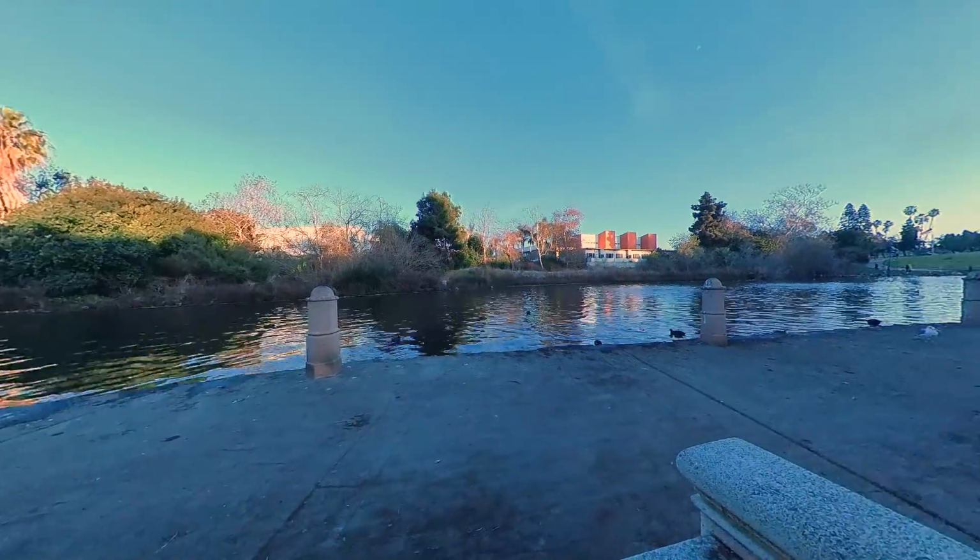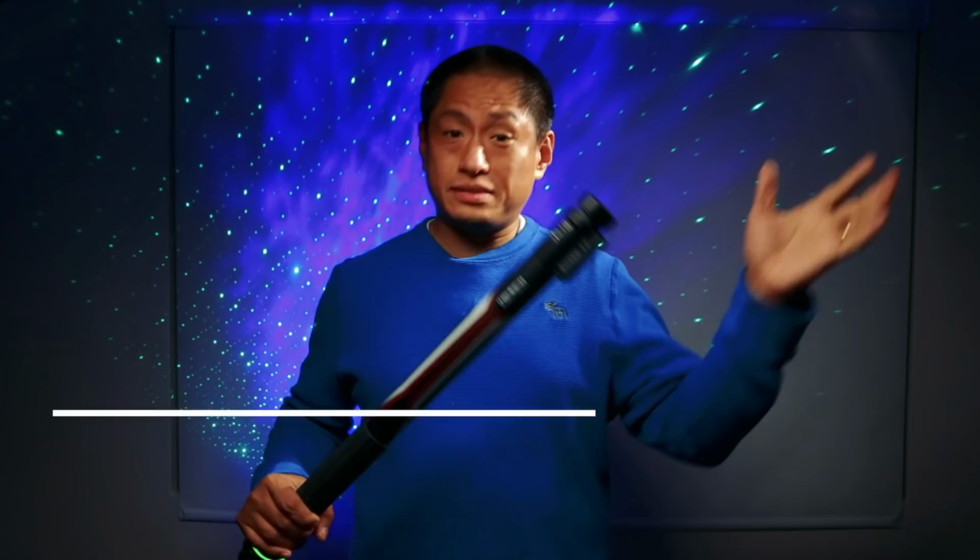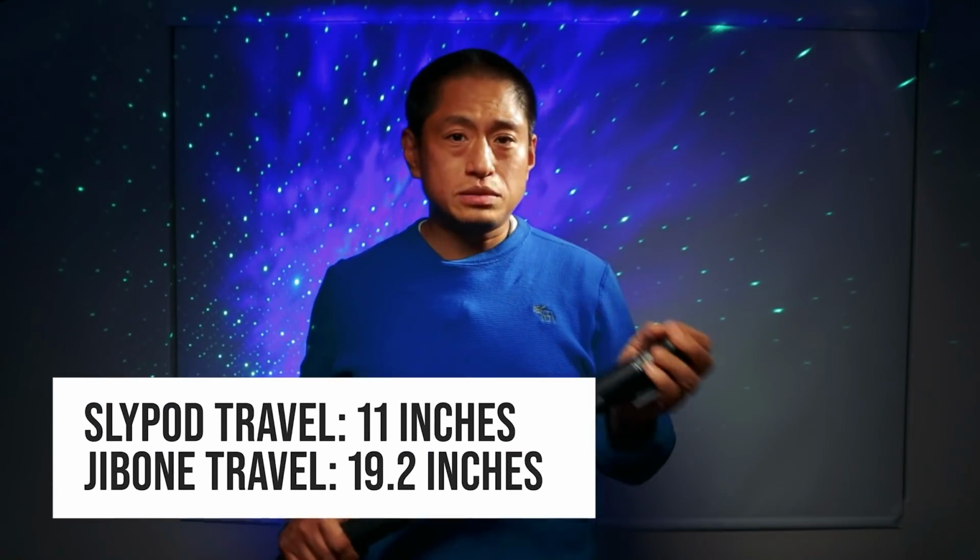And yes, you can control it wirelessly. Now, how much is it? It costs around $299. That's less than a tenth of the cost of the Edelkrone Jib 1 with a Head Plus. Now, to be fair, the disadvantage versus the Jib 1 is that the maximum travel is much smaller compared